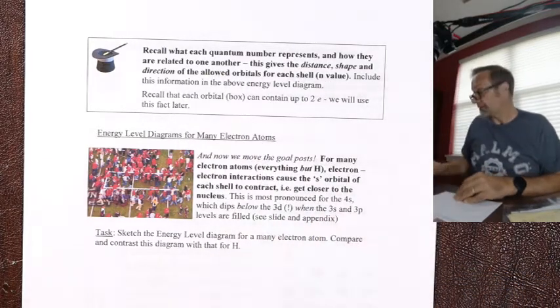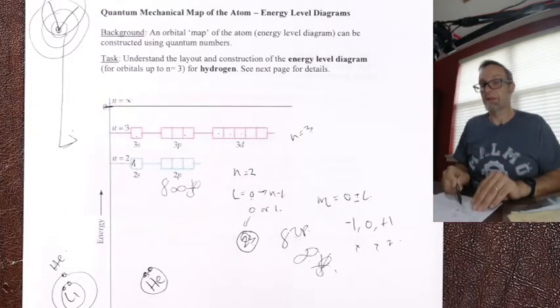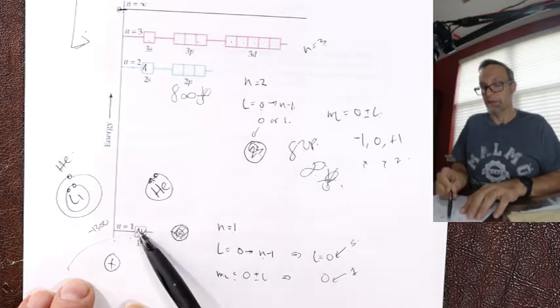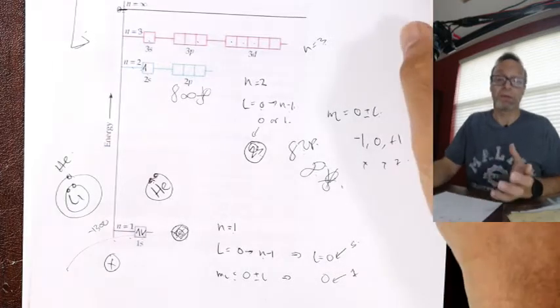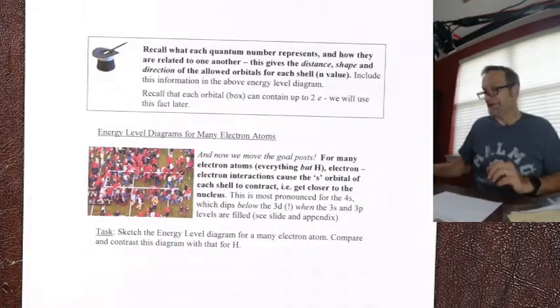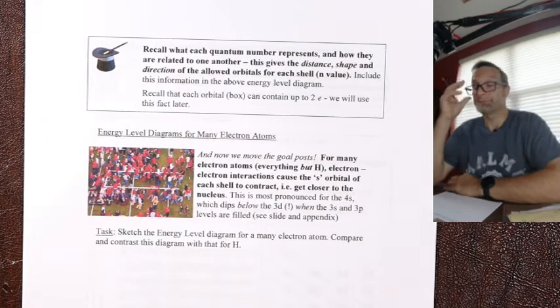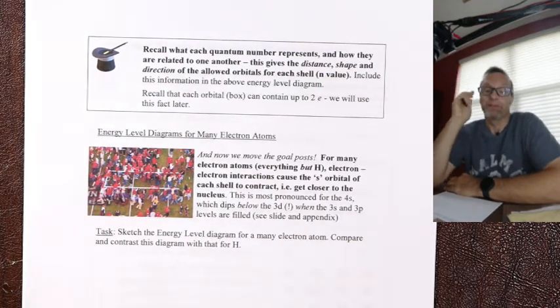Recall that each box is an orbital. Each box can hold up to 2 electrons. So once you get 2 electrons in the box, it's full. We'll talk about how we fill the boxes right now. Now, this is where it gets interesting, because we have this thing called